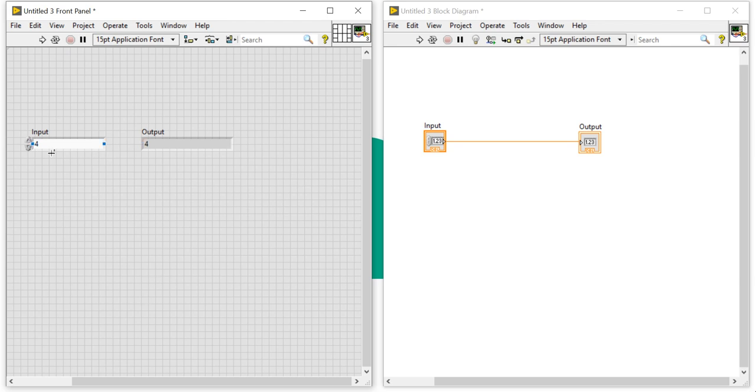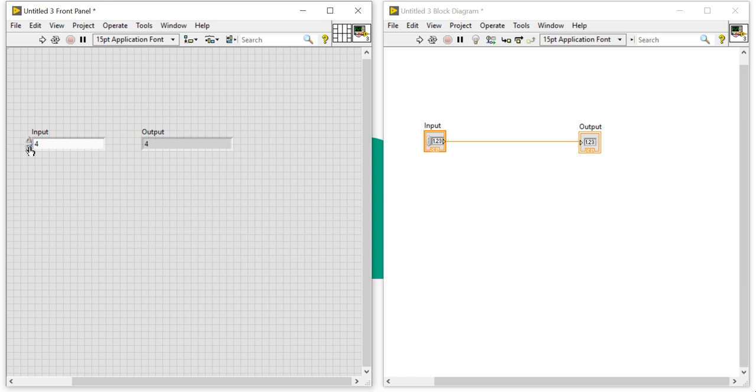Right? So what is that? Here we are using the numeric input, numeric output, numeric control, numeric indicator. There is one difference between control and indicator in the block diagram and two differences in the front panel. The first difference in the front panel is the background. The control background is white, the indicator background is gray, and your control will appear with